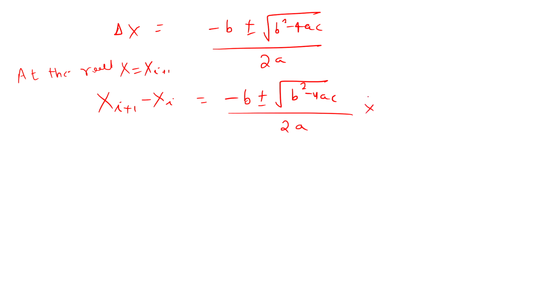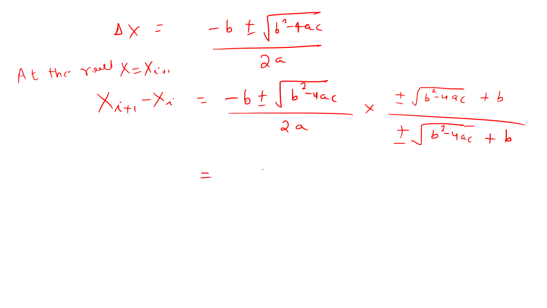So I'm doing this multiplication thing: I am multiplying and dividing it by b plus minus root of b square minus 4ac plus b. So that will essentially make it as